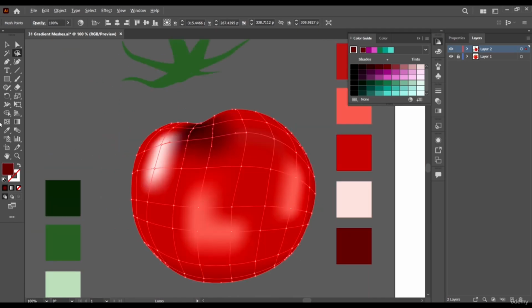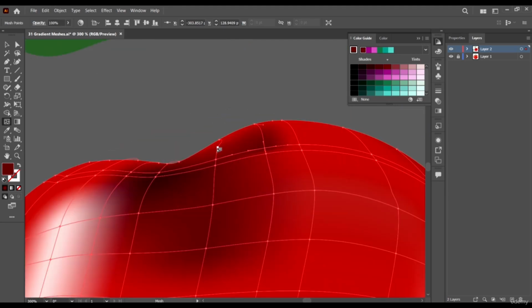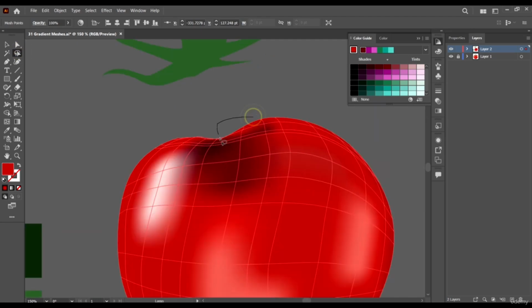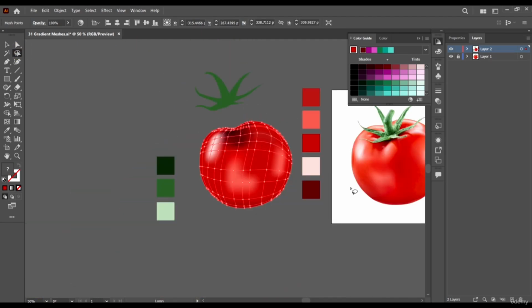So one other thing to do is you can just come and add more points, right? You can come and add more points, and we'll have the ability to put in more colors. So I'll add more points. Okay, maybe select all of this and give it this color.